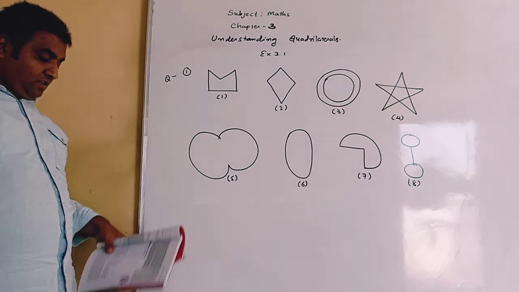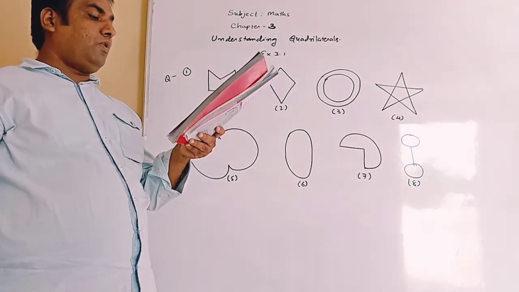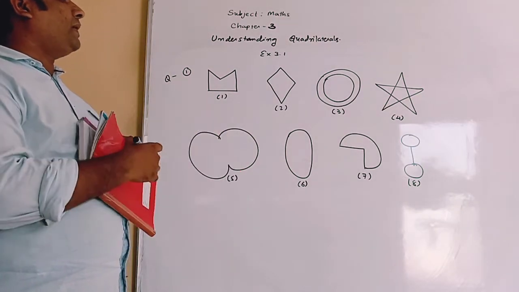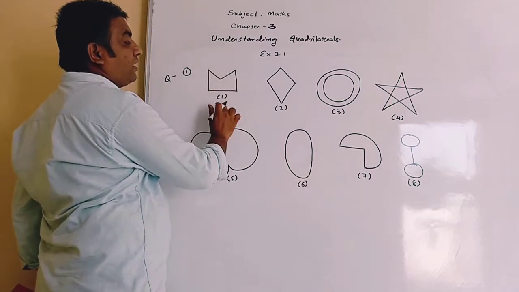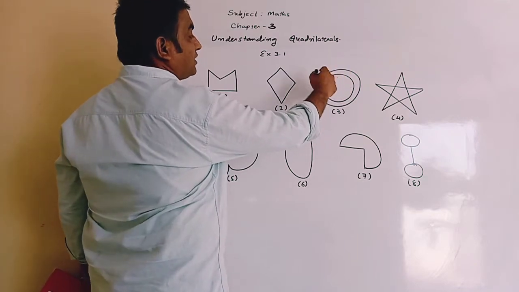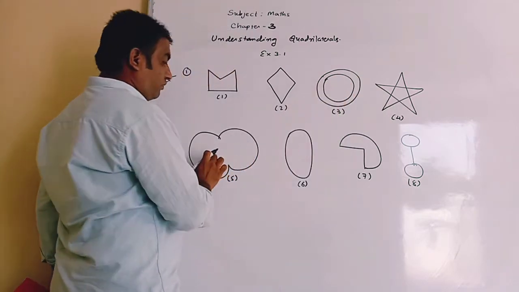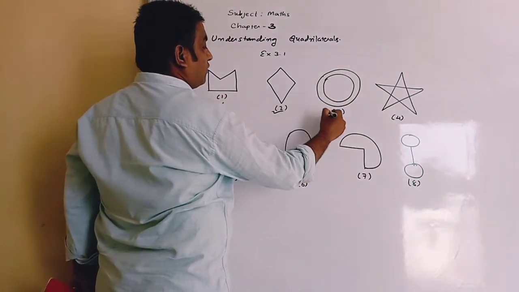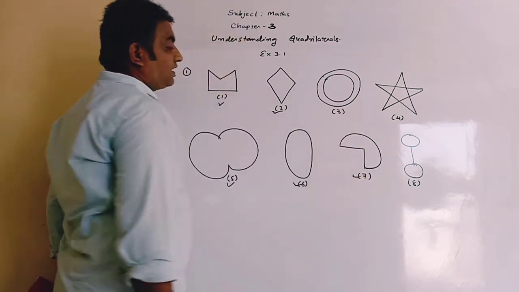We have to classify each of them on the basis of the following. So simple curve. Simple curve means without lifting pencil we can draw. So the first one we can draw, it is easy. 1, 2. Now 3 is not simple because there are two curves, so we have to lift it. It is not a curve only. 4 also is not simple. 5, 6 and 7. So 1, 2, 5, 6, 7 are the simple curves.